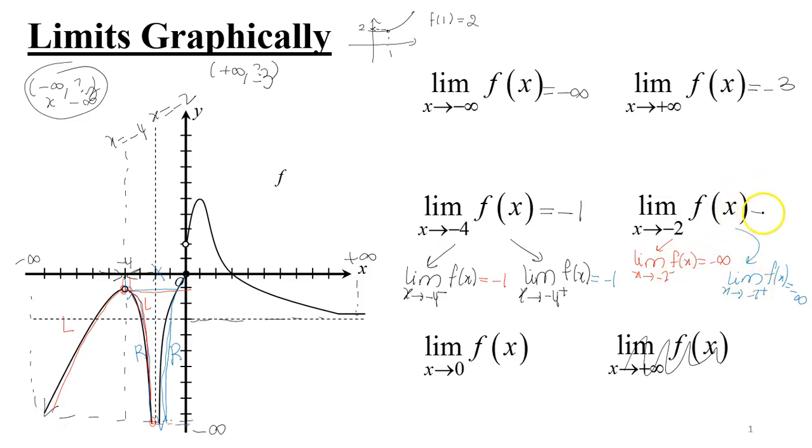They're both equal to -infinity. Then the limit at -2 is equal to that. Now if we were to do the same thing at 0,